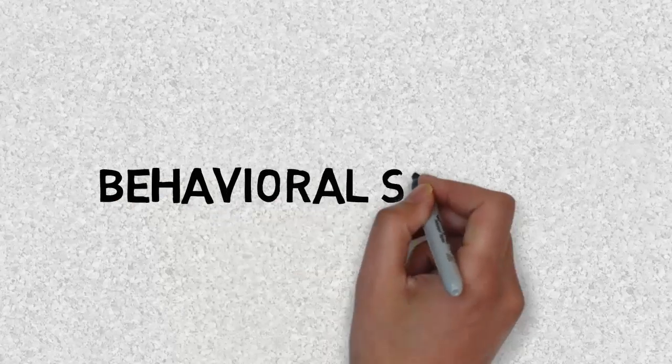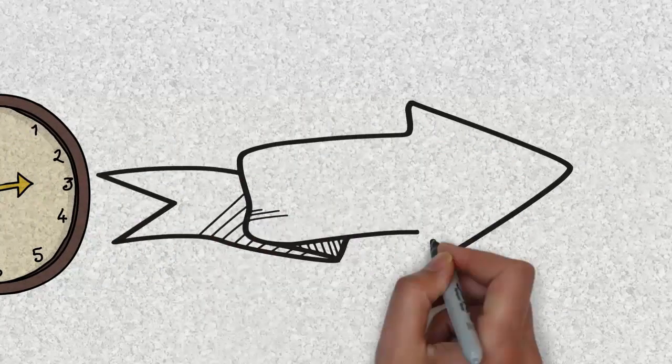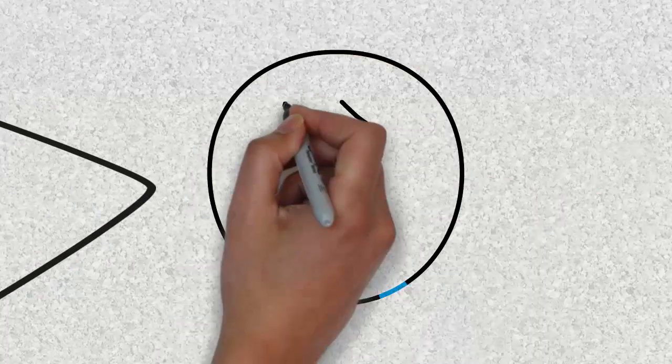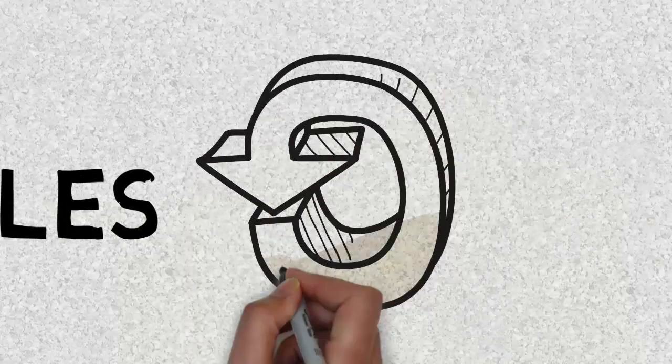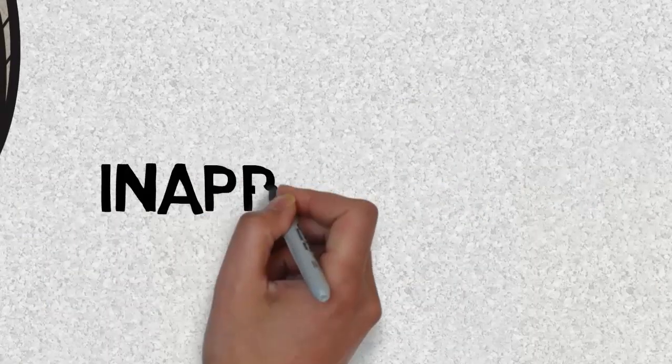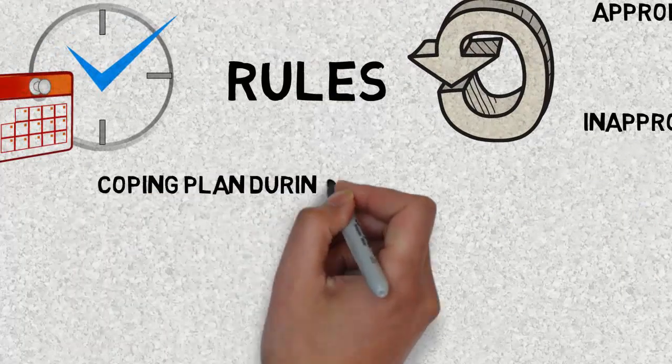Behavioral support might include the following. Some fixed schedule is given to such children. Any change in the fixed schedule might make them very anxious. So a graphical schedule is always presented to such a child, in which rules are taught to the child, and full feedback is always given on whether their response is appropriate or inappropriate in their activities. A coping plan is always taught to them for difficult situations.